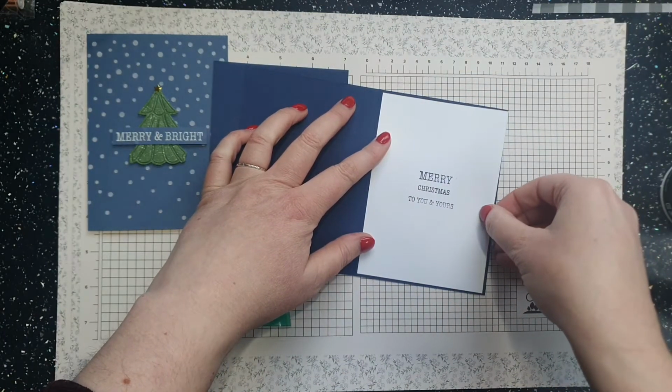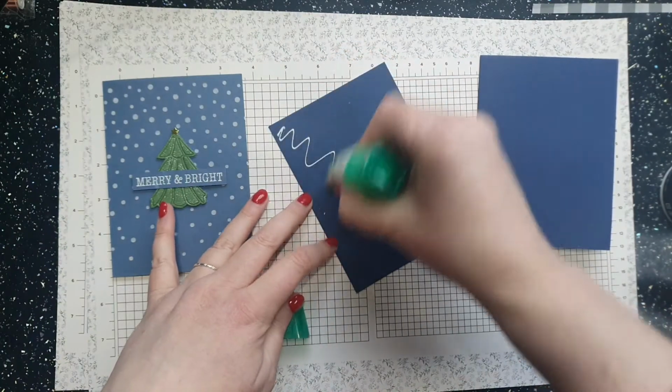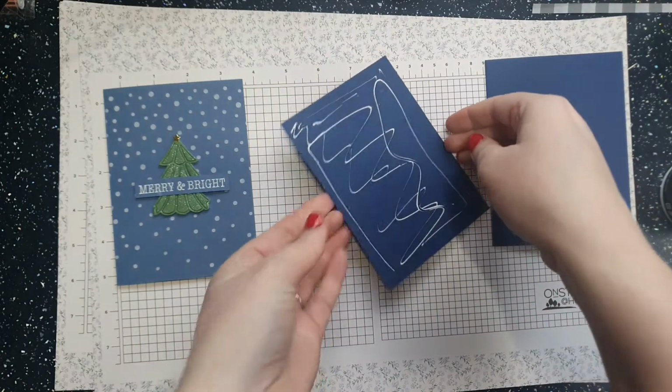So that's the fun I've been having this afternoon, hence it's pre-stamped. It's still a bit dodgy. And then I'm just going to stick this onto the front, and then we can have a look and see if we need to do some trimming. And my ink's out. So as you can tell, I'm just going to glue this to the front